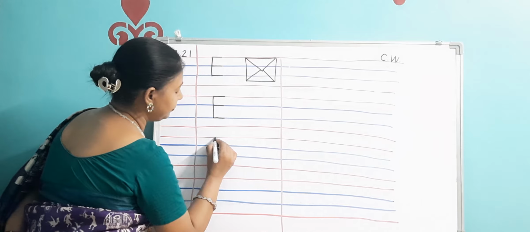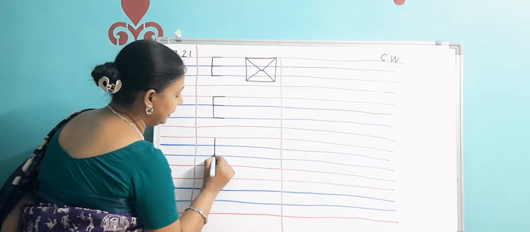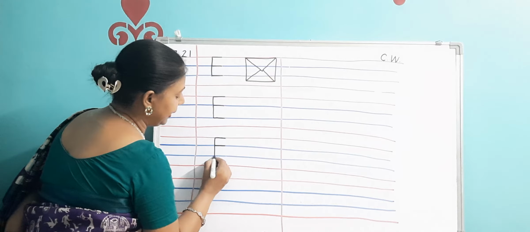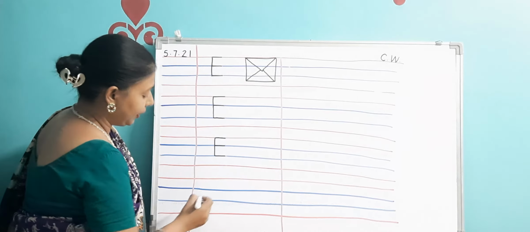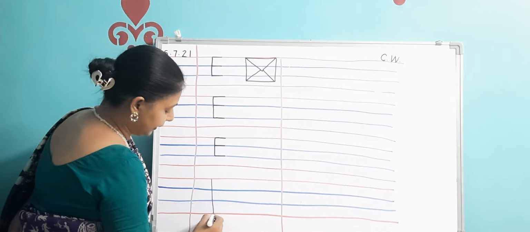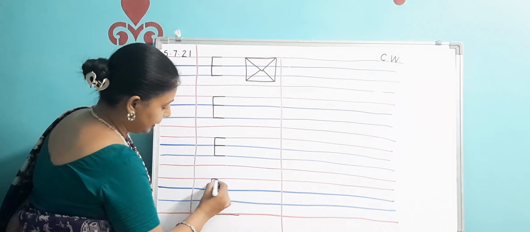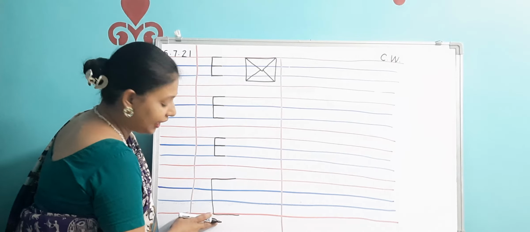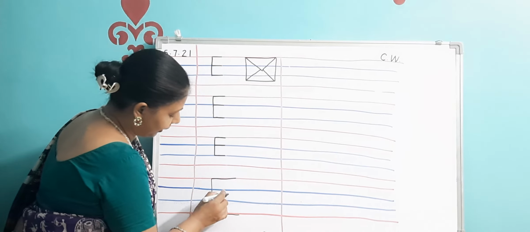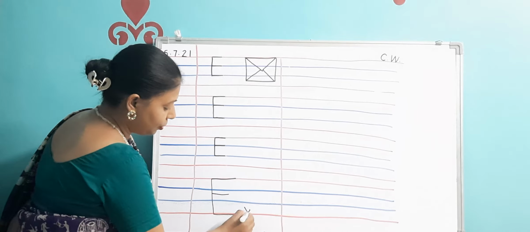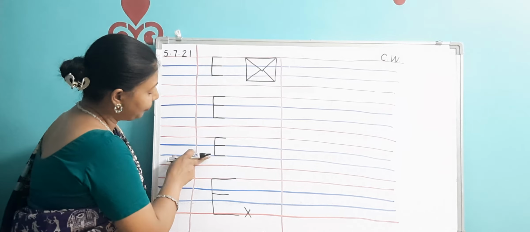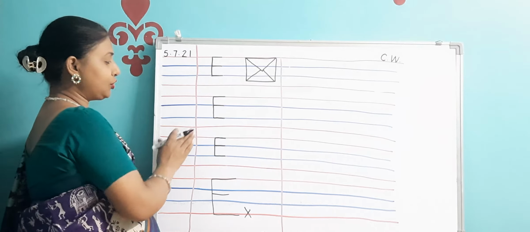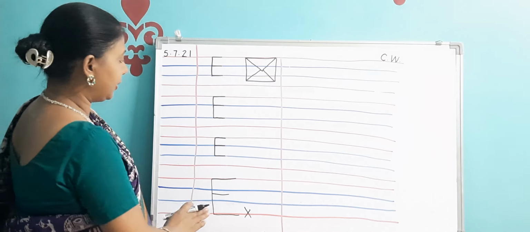Once again, standing line, sleeping line and sleeping line. Okay, you are not going to draw like this. These two sleeping lines will be big and this over here small. No, this is wrong. Okay children, so write the way I have written. Okay, so watch my video very carefully and do this work neatly.